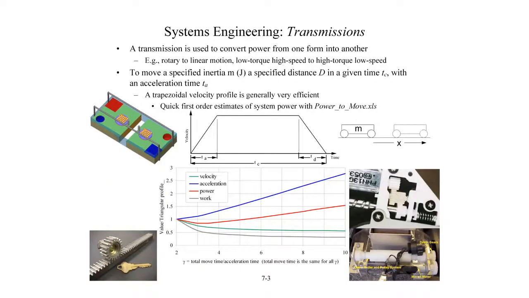Very, very critical. Now, between your motor, your power supply, and the thing that's going to move, you almost always will have a transmission. The reasoning for that is it's really inexpensive to make a motor go really fast, but you often need lower speed, higher torque. So for example,